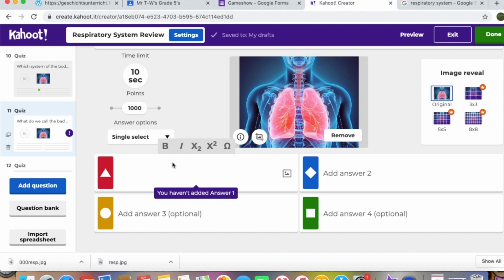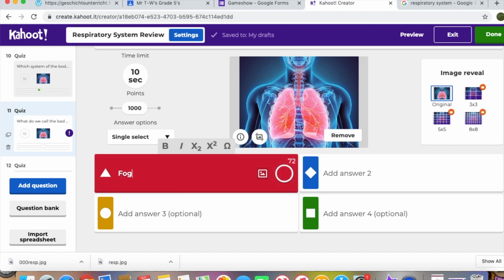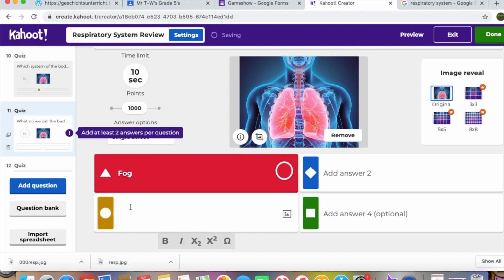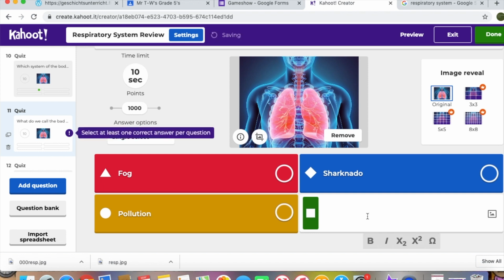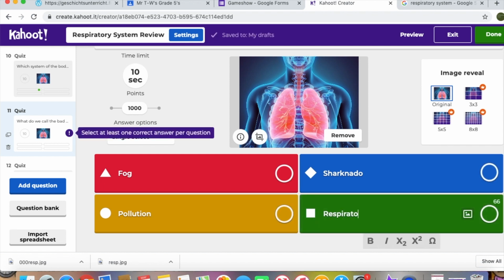Okay, we call it fog. We call it pollution. Sharknado. Call it the respiratory system. So, and if I didn't, when I was typing the things there, I could check the box right